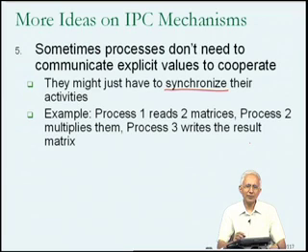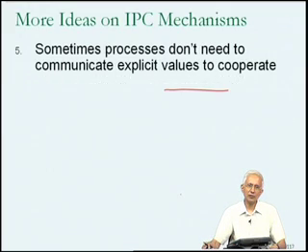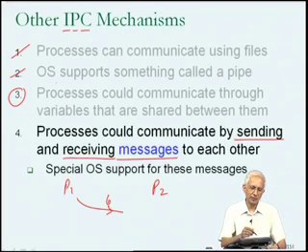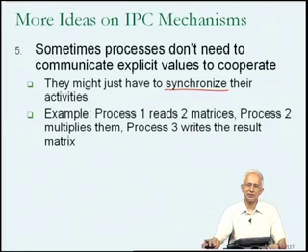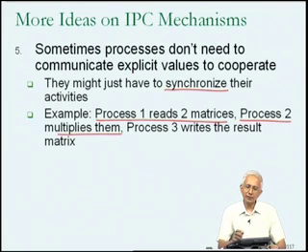I am going to assume that the matrices themselves are in a form of memory which is shared between the processes, such as using the shared memory we had talked about over here. So I am not going to worry about the data within the matrices themselves. I am going to worry about the fact that if you think about this cooperation between these processes, the first thing that must happen is process P1 must read in the two matrices. After that, process P2 must multiply them. And it is important that process P2 does not start doing the multiplication before process P1 has finished reading in the two matrices.